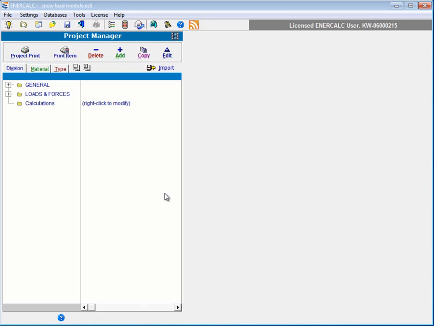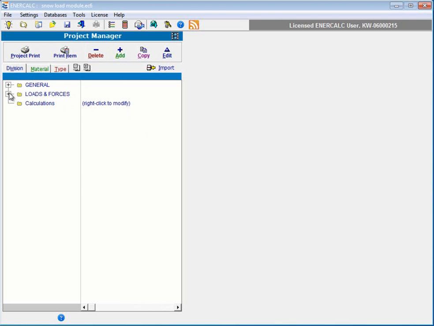Then we'll focus specifically on how to use the module to calculate flat roof snow loads. Then we'll have a section that dedicates itself to the use of the module for sloped roof snow loads. And then finally, we'll use the module to calculate drifts both on lower roofs and at obstructions in roofs. So with that basic intro, let's go ahead now and using this project file that I currently have open, I'm